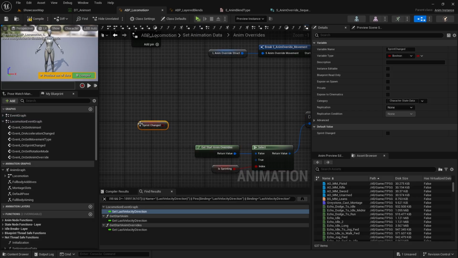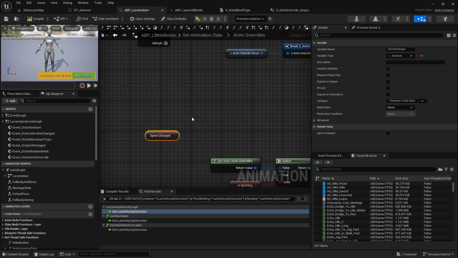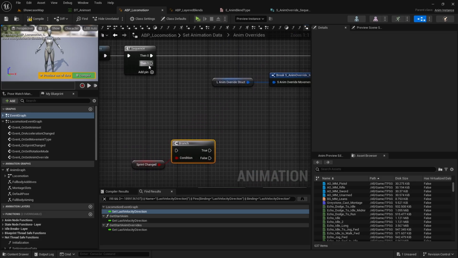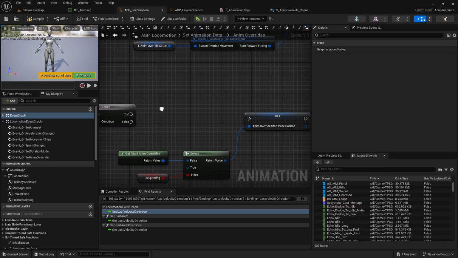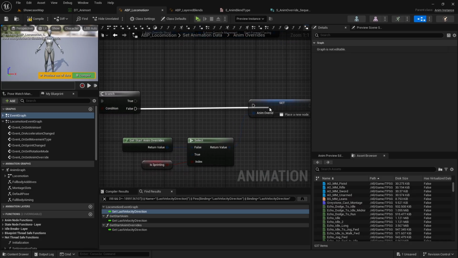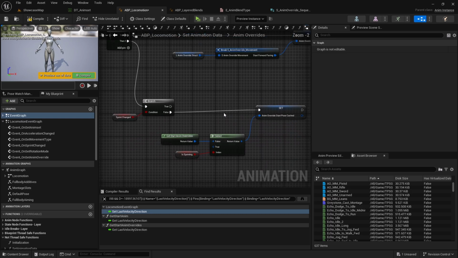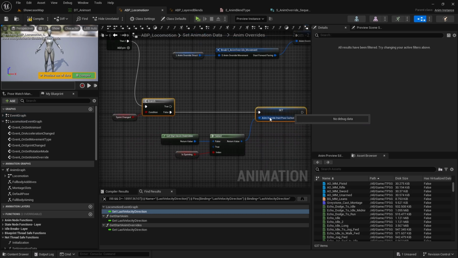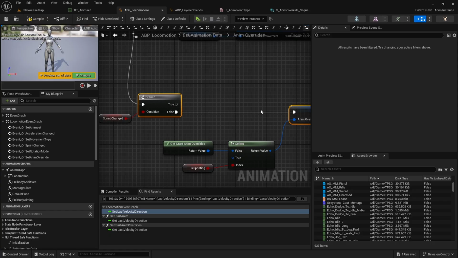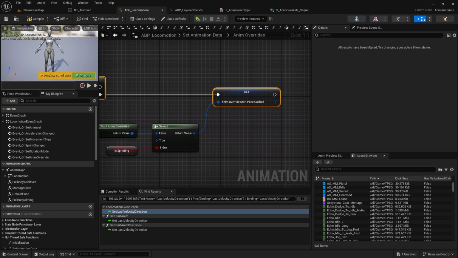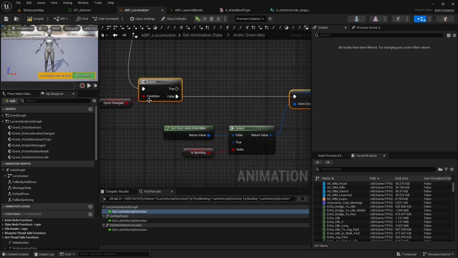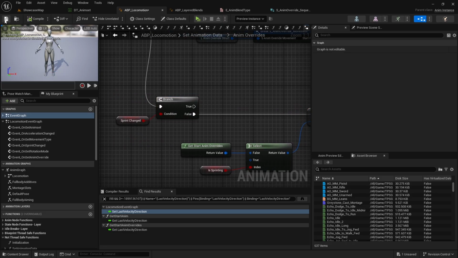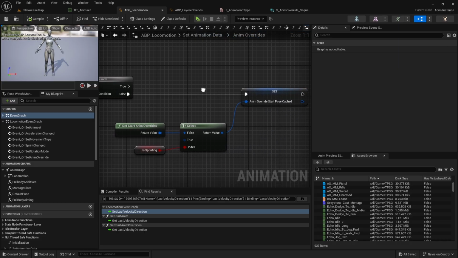So if it is changed, and if it is not changed, I have to instantiate it at the next frame, right? Okay. Right, and then finally